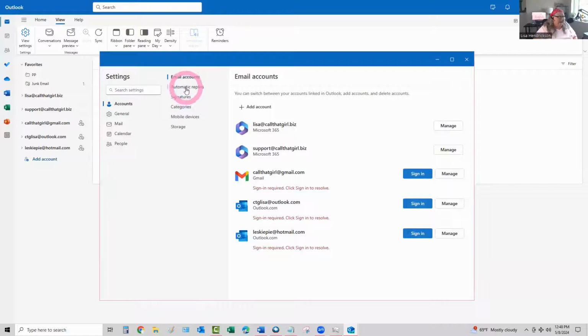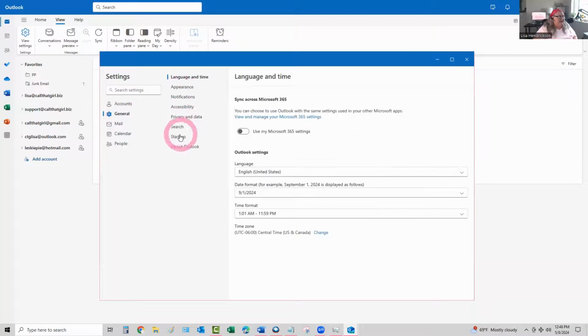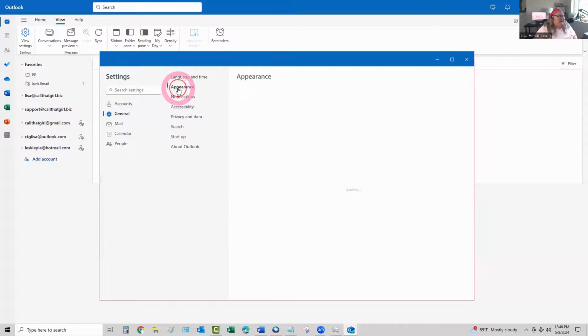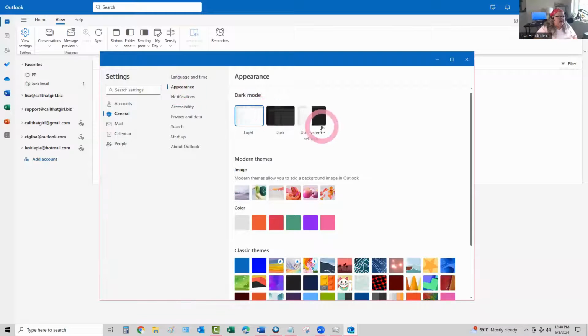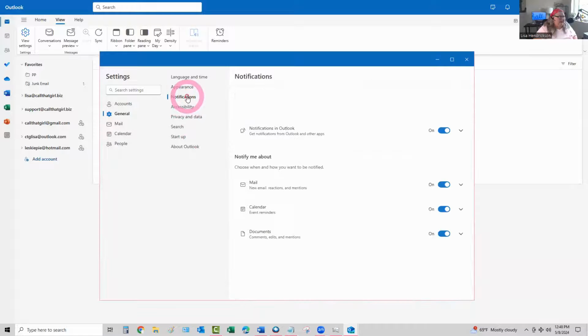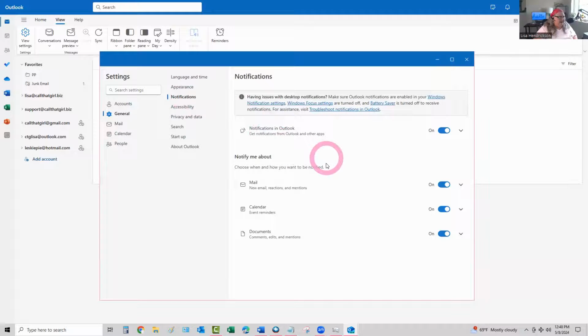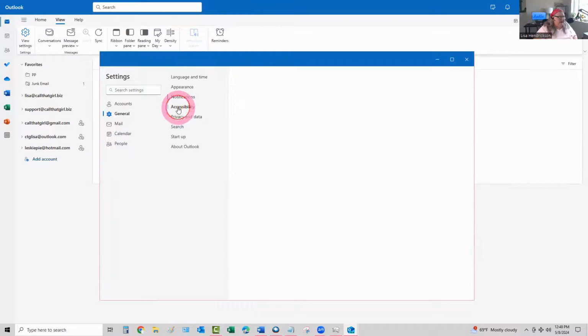You've got your automatic replies. Oh, I already went through that area. The general appearance, stuff like this. Just take your time and get to know it. Make any changes you like because you can use the light and dark colors, things like that. Notifications. These are all just basic stuff. Accessibility